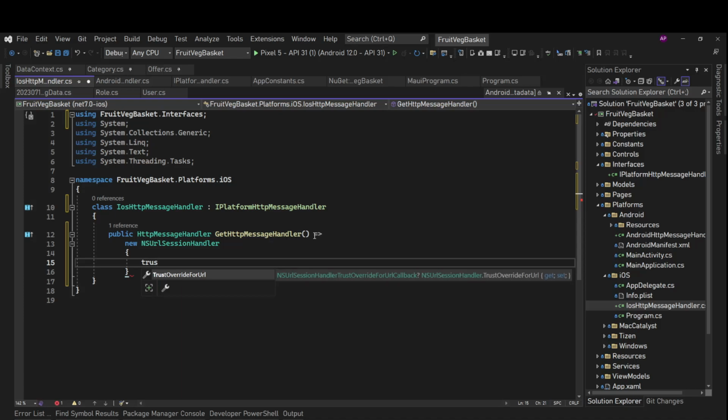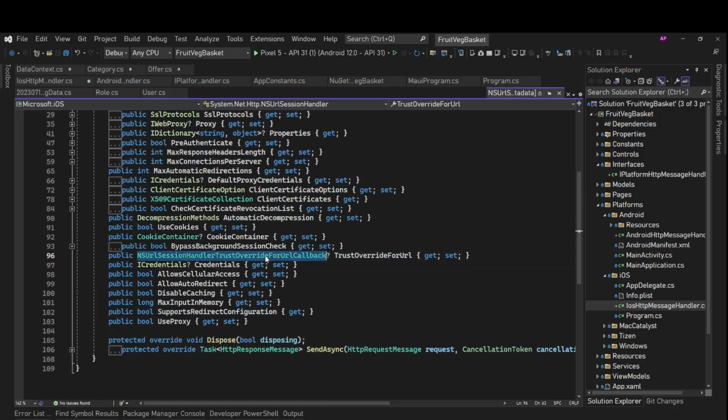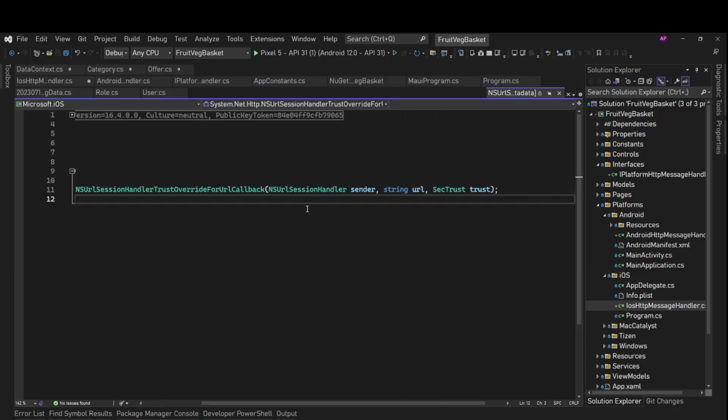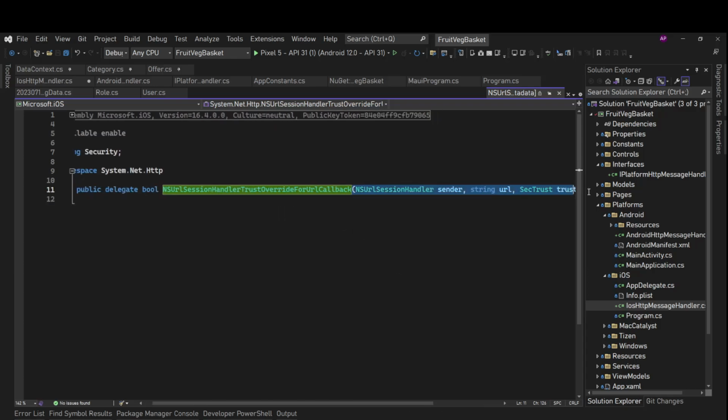Here we have a property, trust override for URL. We need to pass a body for this, and this gets the delegate NSURL session handler trust override for URL callback, which returns a boolean, and the parameters it gets are these three parameters.